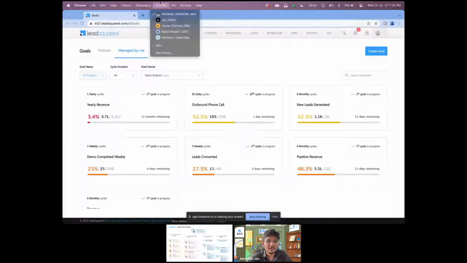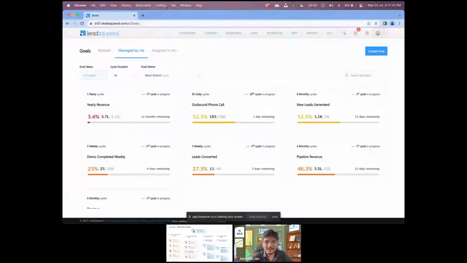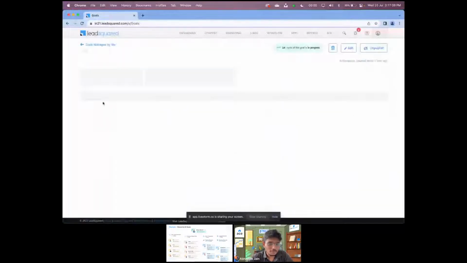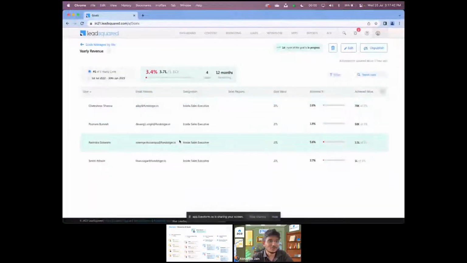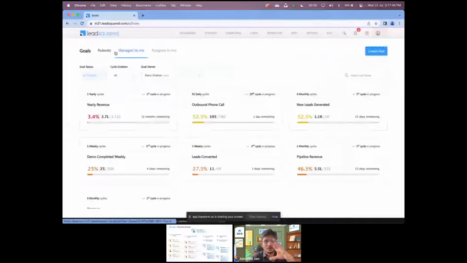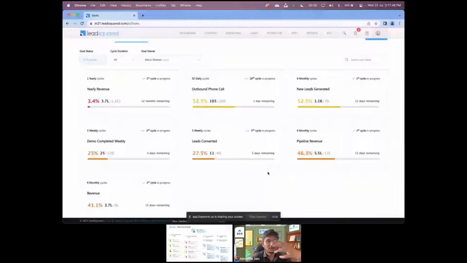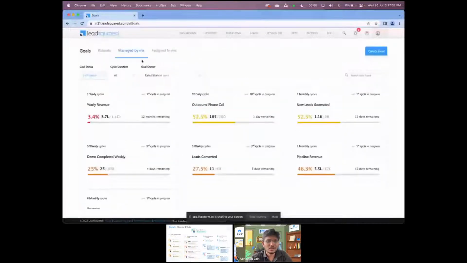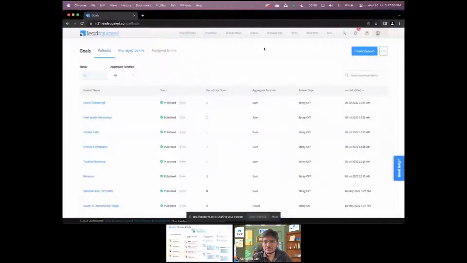So having said that, right, so now what I've done is you can see that I've created multiple profiles, and now what I've done is I've logged in into Rahul Shastri's profile, right? And the goals that I had created for Rahul Shastri, these are the actual goals that you see at this point of time, right? And you see that there's a yearly revenue goal. And if I open this, then there are these 4 people who are contributing towards the yearly revenue goal, right? Then what you see is that obviously it's a small team, and Rahul Shastri has 12 folks who are reporting to him. And I'll show you the organization hierarchy as well to give you a brief idea about how it would essentially look.